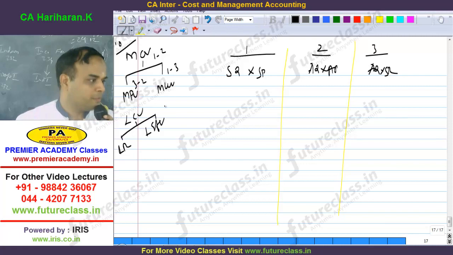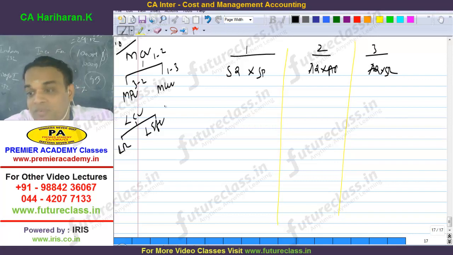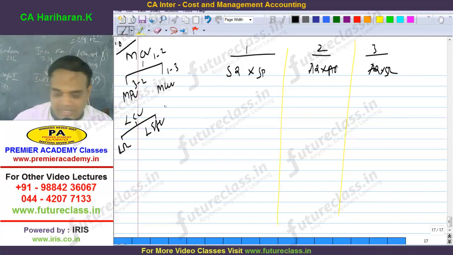That is in your hand only. Understood? Now, labor cost variance can be classified into rate variance and efficiency variance. Efficiency is again classified into mix variance and revised sub-efficiency variance. Mix and revised sub-efficiency are applicable only in case of more than one cadre of labor. Here, only one labor. Therefore, not possible. Not always.